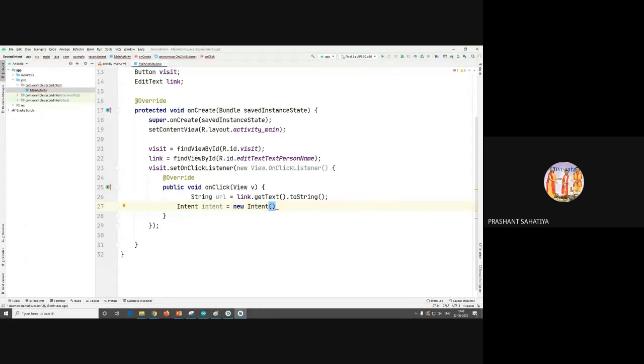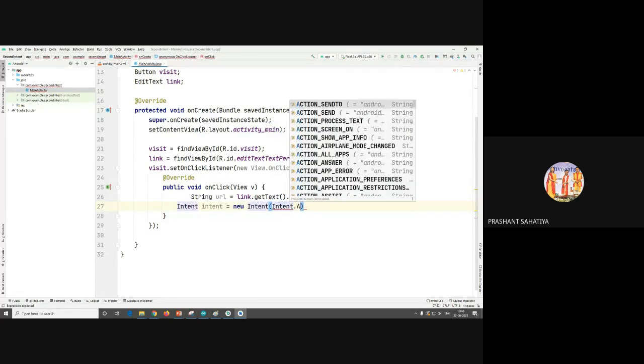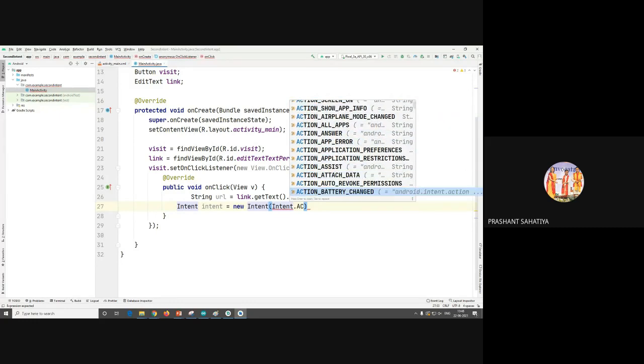And I am giving in the link. It is intent.c. Now these are some actions. Whatever action you want to make that particular intent to be performed, you have to select it. So I want to select action view. देखो कॉल, अगर कॉल करवाना है इंटेंट से तो उसको कॉल पे सीधा रीडायरेक्ट करो. ठीक है, क्रिएट डॉक्यूमेंट है, क्रिएट रिमाइंडर है, these are the actions. So we have to work on action view.